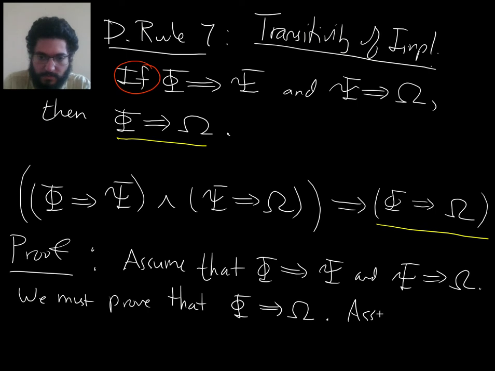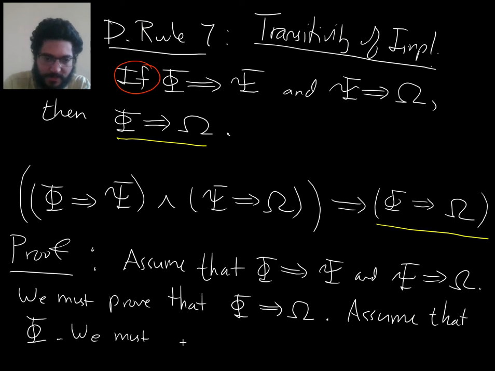So assume that phi, just phi, right? Now, what's the goal? I don't really need to write this in the proof, but I'm just helping clarify what I'm thinking as I'm writing the proof. We must prove that omega, right? Okay, so